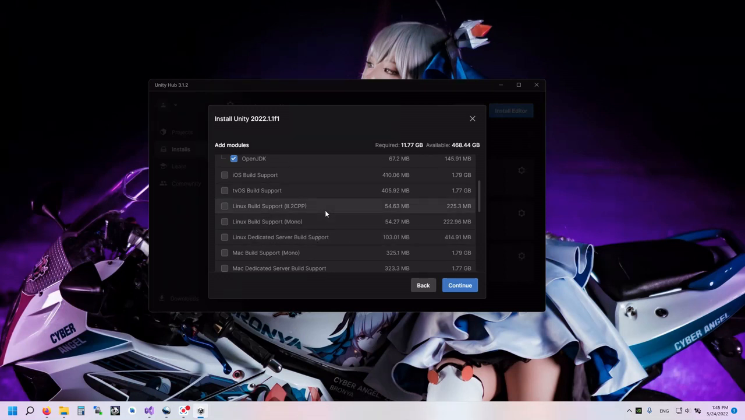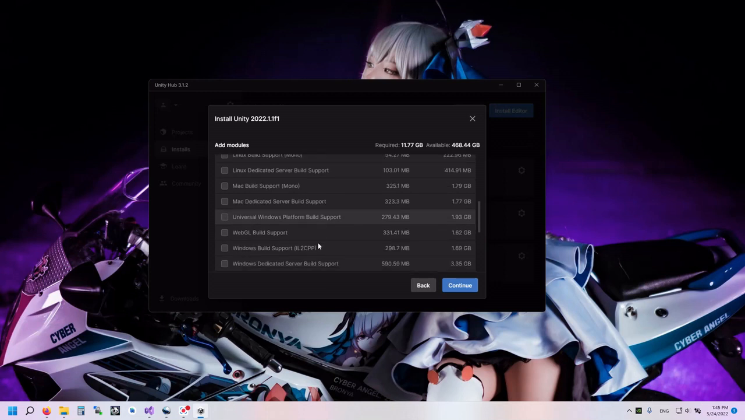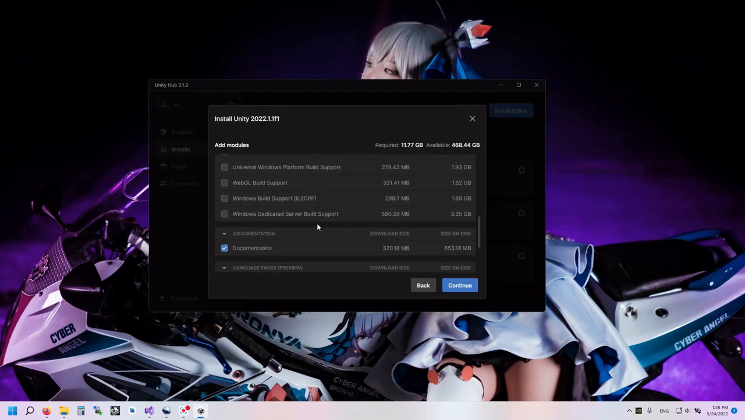Linux, if you're running on a Linux system and you want to develop alongside this, it's going to look a little bit different, but pretty much the same. So you can use that. Mac, same thing. If you're working on OS X instead of Windows and you want support for your code to be able to run on your platform, absolutely, this is what you want to select. And then there's WebGL as well. Windows build support,